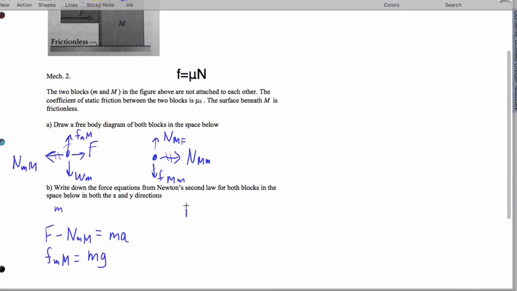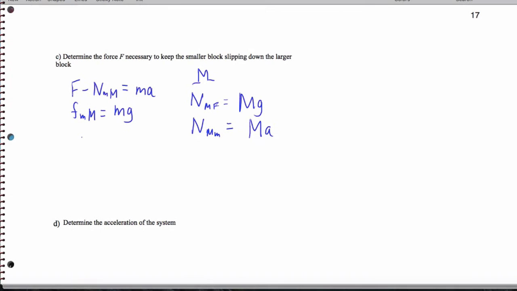And for big M, we're going to have that the normal balances the weight. And in the horizontal direction, the normal just makes the big mass accelerate. It's pretty exciting. All right, so let's go ahead, and I've actually recopied the equations from the previous page, and